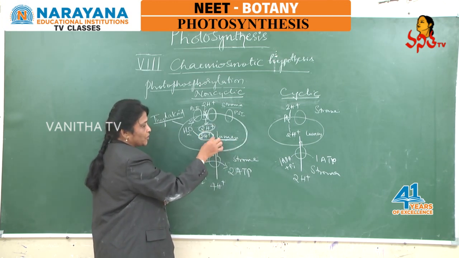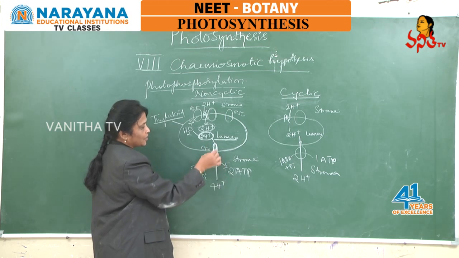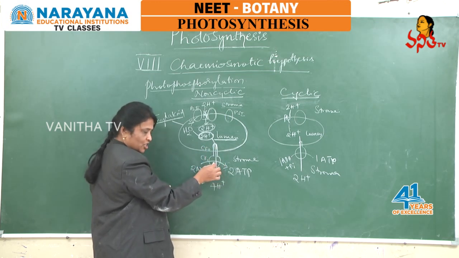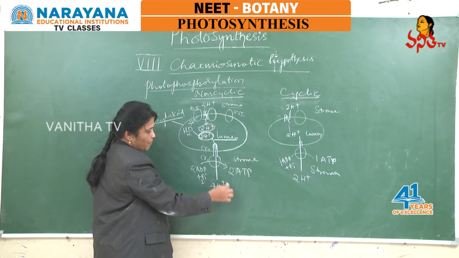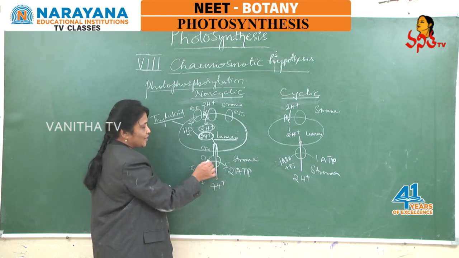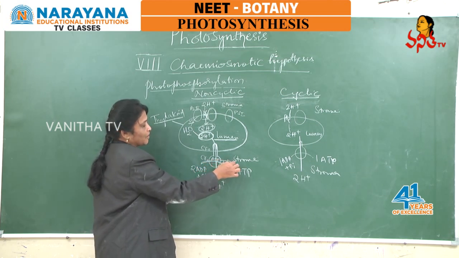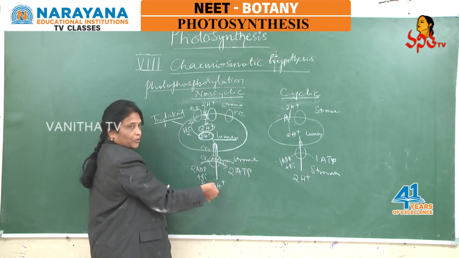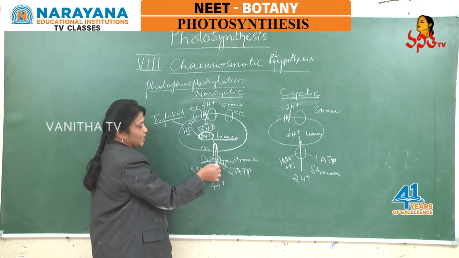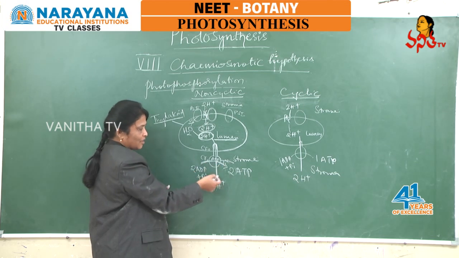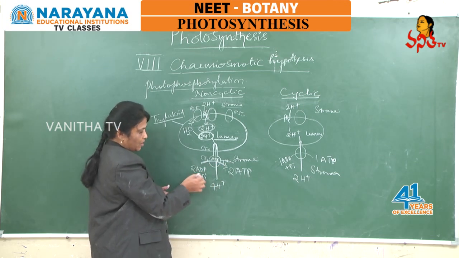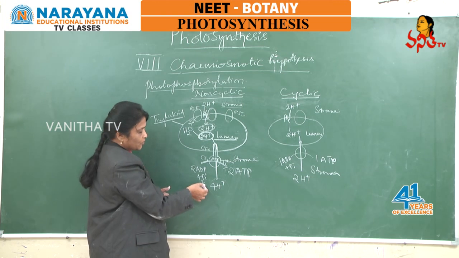So the 4 protons channeled through the coupling factor cross the head region and are again added to the stroma. But meanwhile, at the head region, called the catalytic site, with the enzyme ATP synthase, this jumping of protons causes liberation of a certain amount of energy, and that energy couples